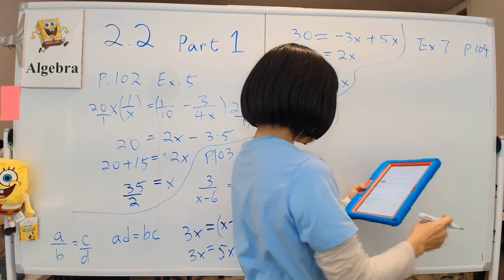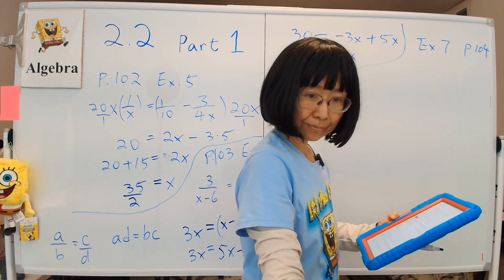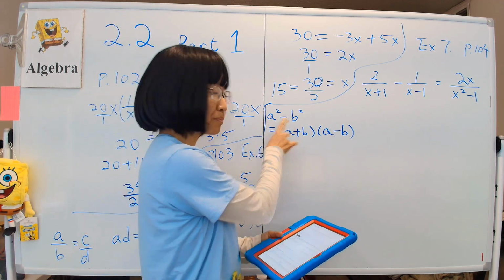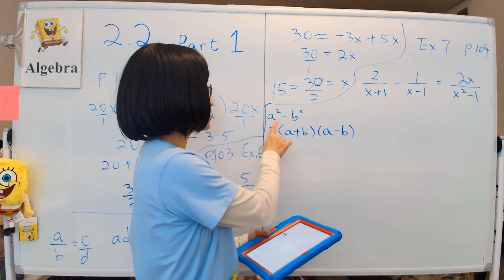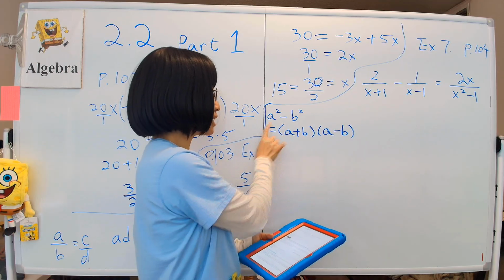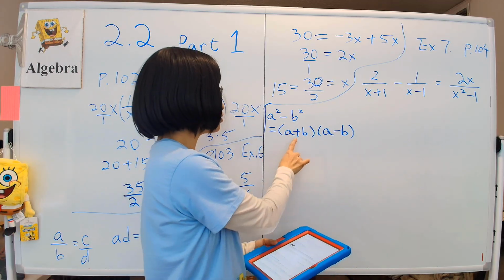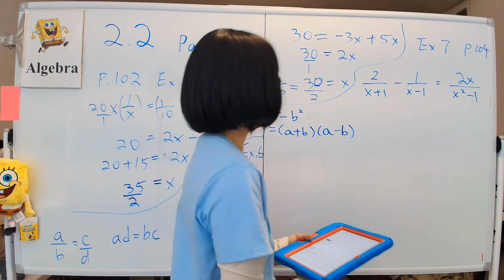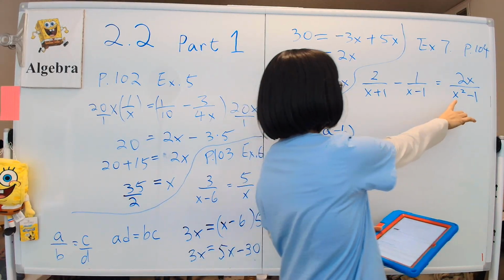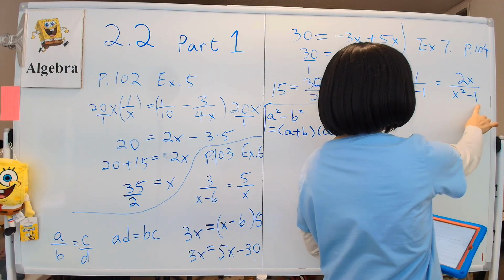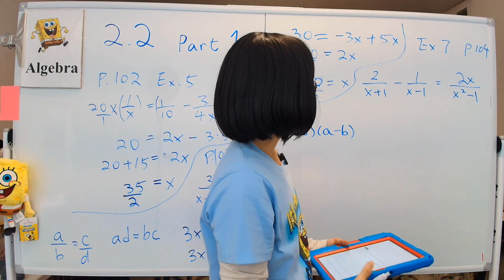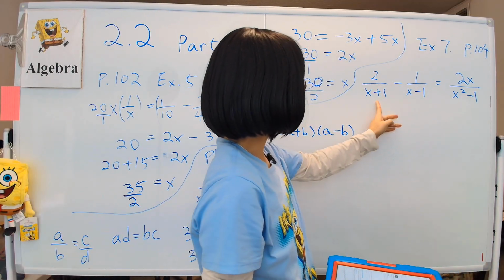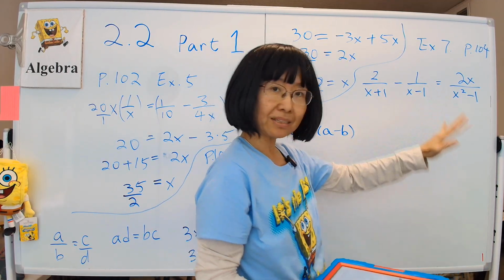First I will write down the problem. Now before we do example 7, let's recall this formula which we're going to use all the time, the difference of squares, which states that a squared minus b squared equals a plus b times a minus b. Okay, and this is extremely important. The reason I mentioned that is because when you take one look at this, you should remember, oh wow, that's a difference of squares. And in fact, this thing is equal to x plus 1 times x minus 1,